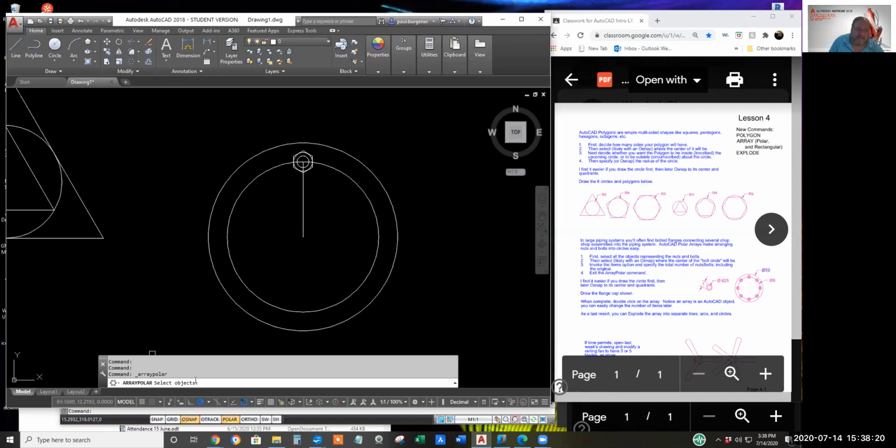Polar array command says select objects. Well, that would be these, 4 objects, 2 circles and a polygon, which happens to be a polyline. We'll learn in a few weeks, it's not 6 lines, it's 1 line with 6 vertices in it.